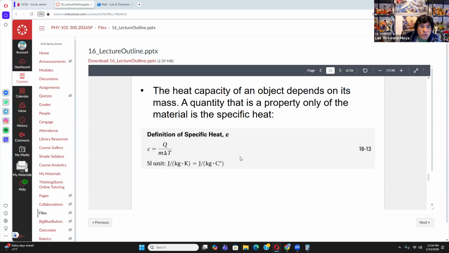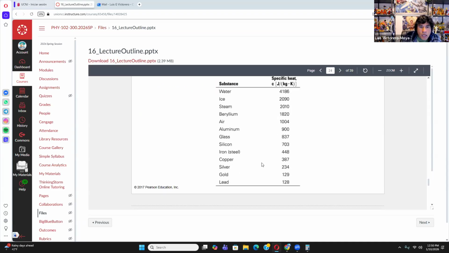Very high. If you compare it with other substances, for example, silver, gold, lead, which are very conductive of heat, they have very small specific heat capacity. So in the calorimeter experiment, or when we do problems, you're going to realize that substances like silver, aluminum, lead have a rapid change in their temperature. Not the same happens for water, which is why water is defined as a perfect coolant for engines, for example, right? You can have it in your car and it will not